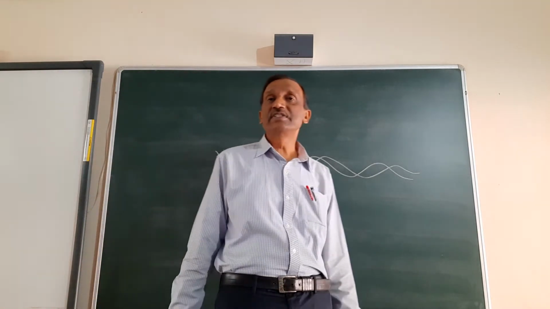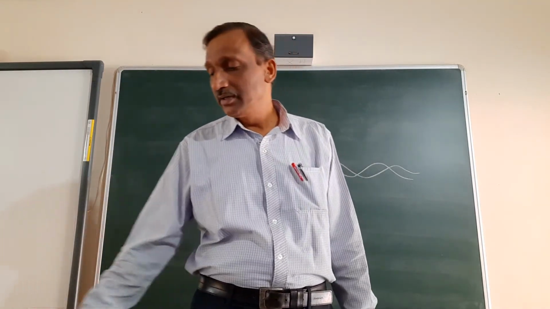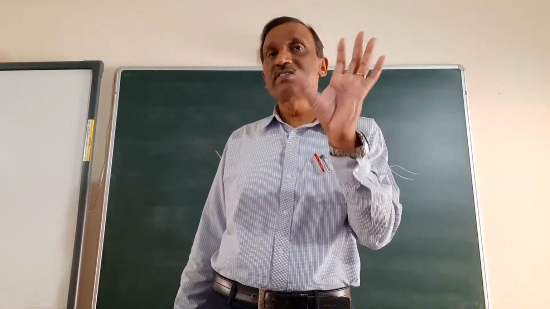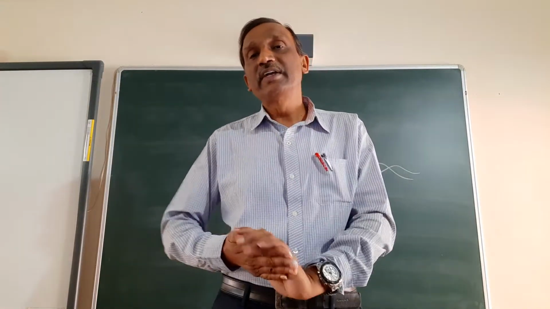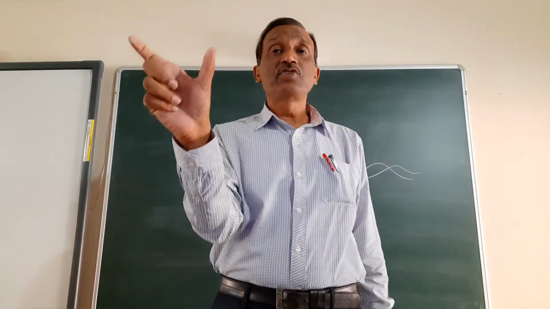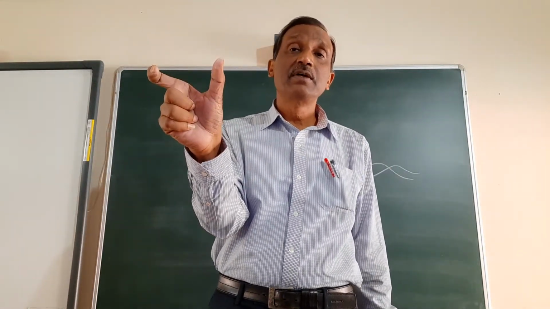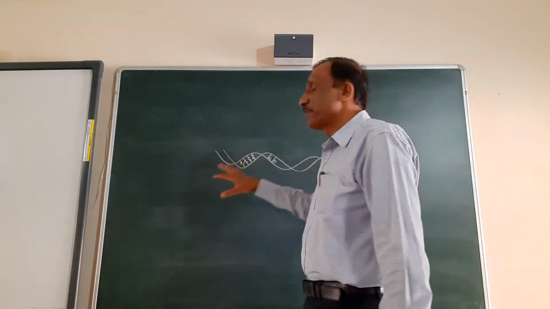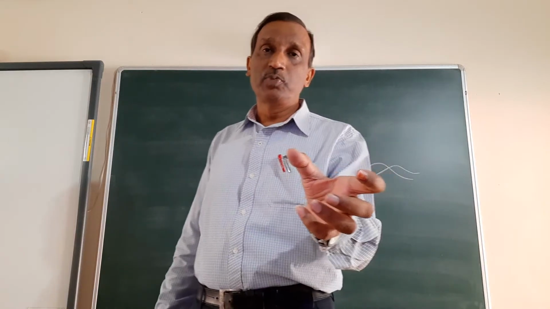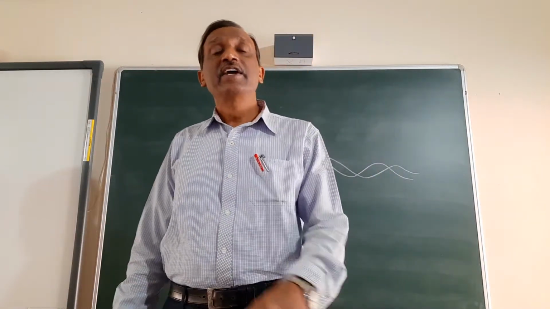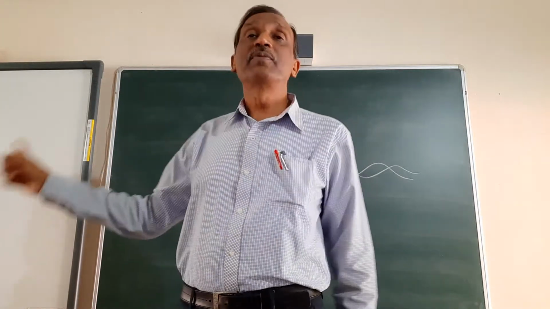If this sequence is there, then only it will cut. This is definitely wrong, what I have made; I just wanted to show you how it used to be. So when this type of 6 nitrogen base sequence is there, on the entire length of the DNA this type of sequence may be found only in 1 or 2 places. So when this enzyme is added, it will cut the DNA only from that sequence.